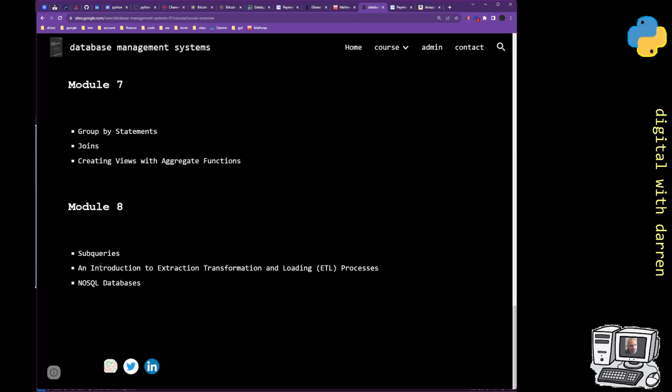And then finally, we're going to look at something called the ETL process: extraction, transform, loading. It's about how we get everything into the database in the first place, because we've got a whole bunch of